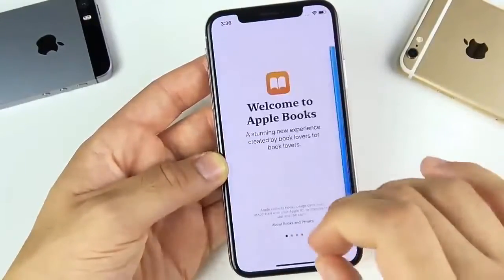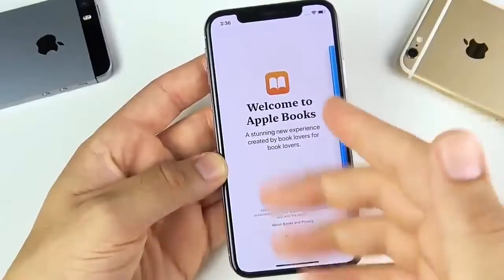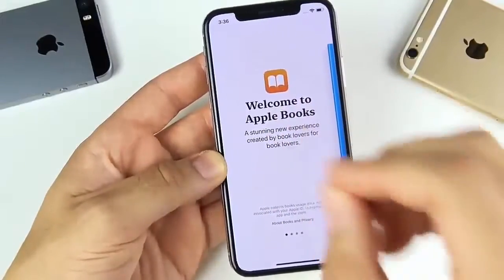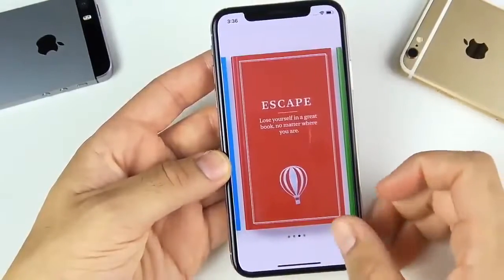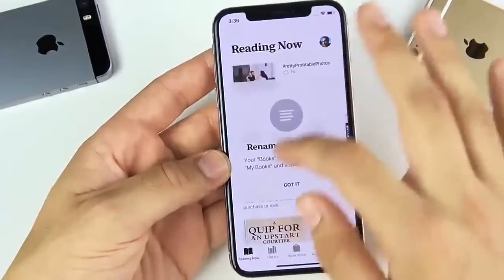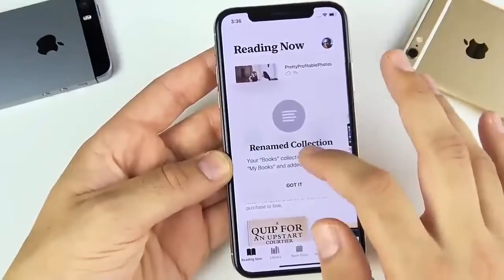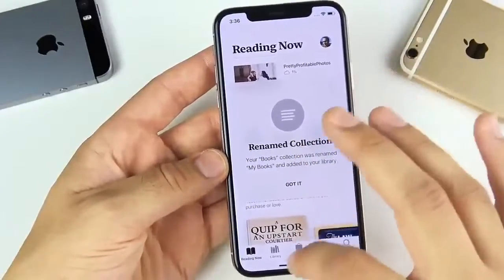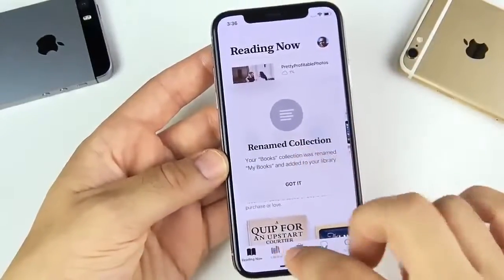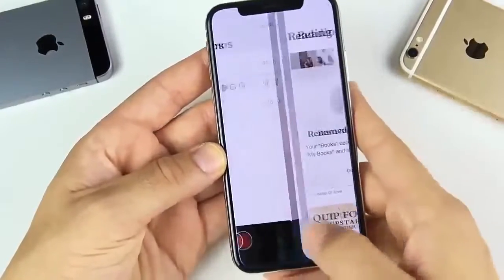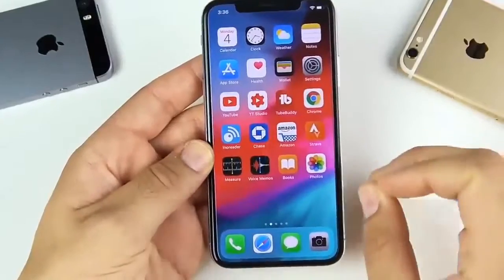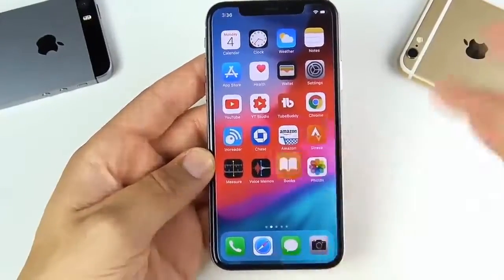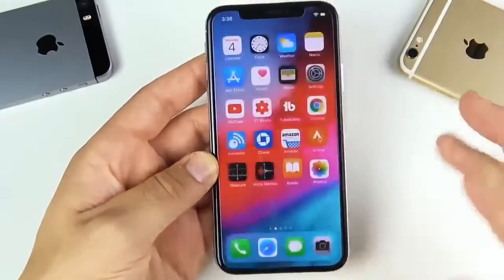And iBooks changes to Apple Books. You can see, welcome to Apple Books, a stunning new experience for book lovers. They did say this is the best book reader on the planet. I don't agree. I think that's Kindle, but I'm going to use this a little bit because I love to read on my phone. You can see it's a little bit laggy right now, and I think it just crashed. So you can see this is what comes with the territory when you are using a fresh beta. I don't recommend installing this right away, but I am just showing you some of the differences in iOS